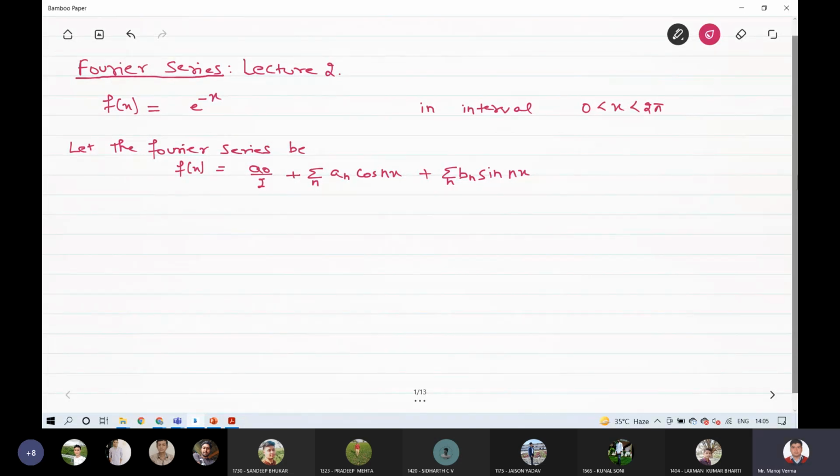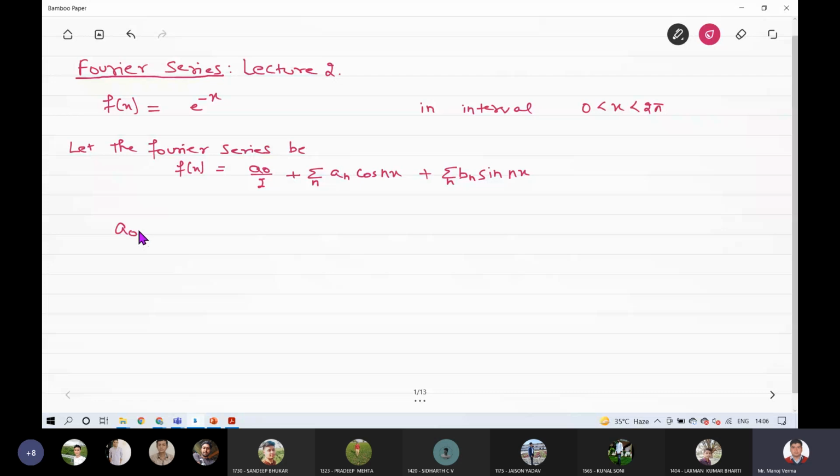This is your given function f(x) is equal to e raised to the power minus x in this interval, and let the Fourier series expansion for this function be this one: a naught by 2 plus summation a_n cos nx plus summation b_n sin nx. So first we want to find the value of a naught,